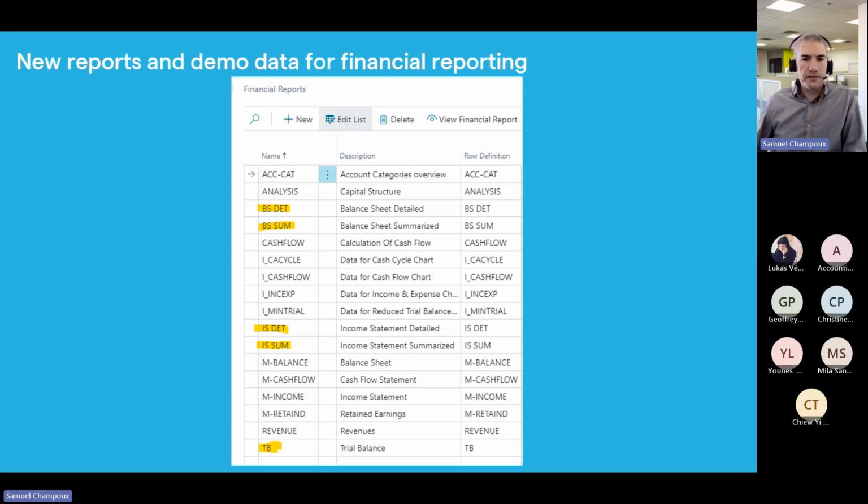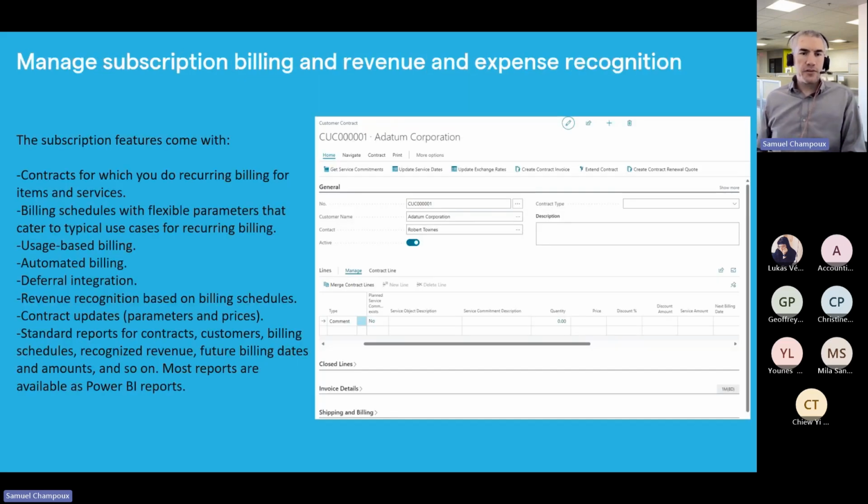So that's pretty nice. And then we have a whole new module available to manage subscription billing and revenue and expense recognition. So this is a really big module that they added. It's quite extensive. There's a lot of options and menus and windows and all that that you need to use and configure to